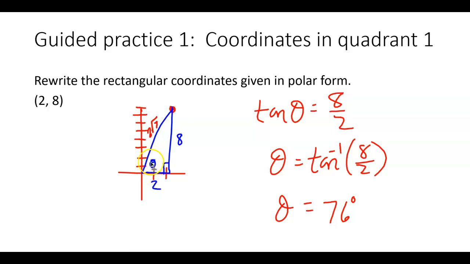So we want to find this angle here, the central angle. The opposite side is 8. The adjacent is 2. We could use the hypotenuse, but I would say just stick with the sides that they give you. That way, it'll always be the O and the A, and so we're always going to use tangent on these types of problems for today. So we just do arc tangent of 8 over 2, and we've got our missing central angle, which is 76